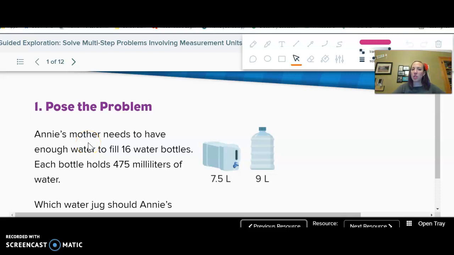Right, 12.3, solve multi-step problems involving measurement units. Now, the I can statement actually gives us a clue about what you'll need to do to solve these problems. So it says, I can solve multi-step problems by identifying and answering a hidden question and using that answer to solve the initial problem. And I realized that's really the key with multi-step problems is figuring out that in-between thing